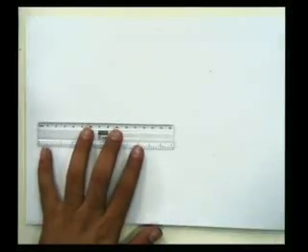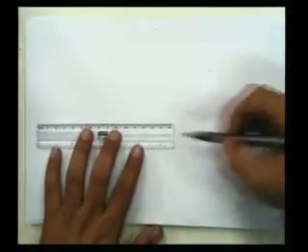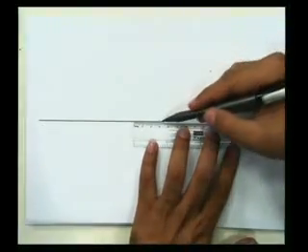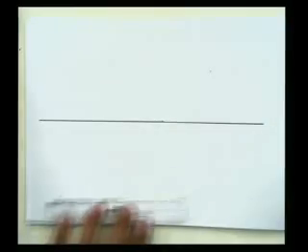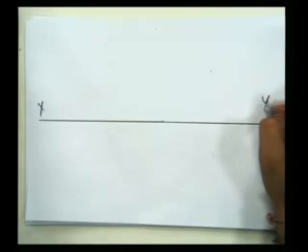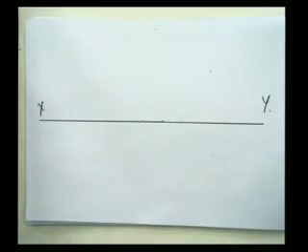The first step will always be drawing line XY. Now this line XY is there, so we'll first of all draw the top view,